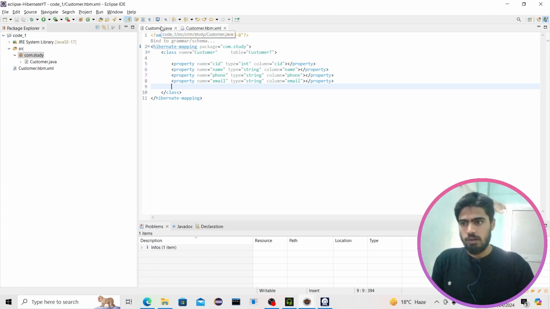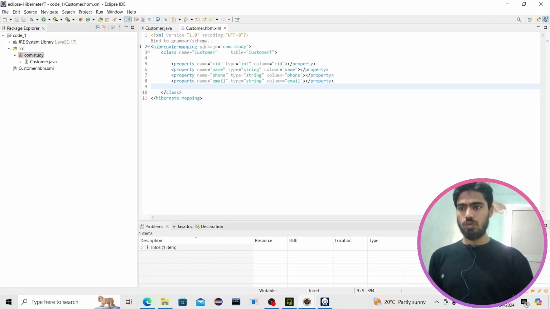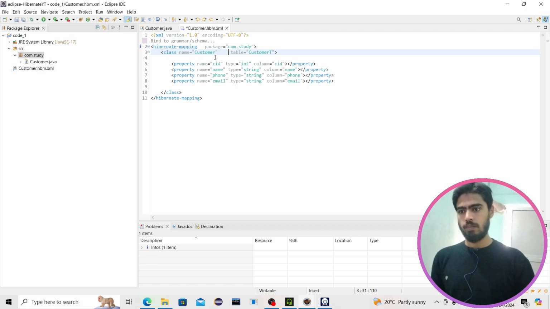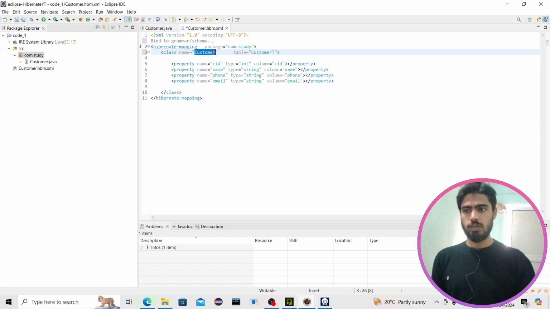So we are mapping our customer class with the corresponding table that we want to create. Inside Hibernate mapping we are going to mention the package of the class. Then inside class tag we mention the name of the class, which is customer. For this customer class we want to create the table customer T, and inside this customer tag we have properties